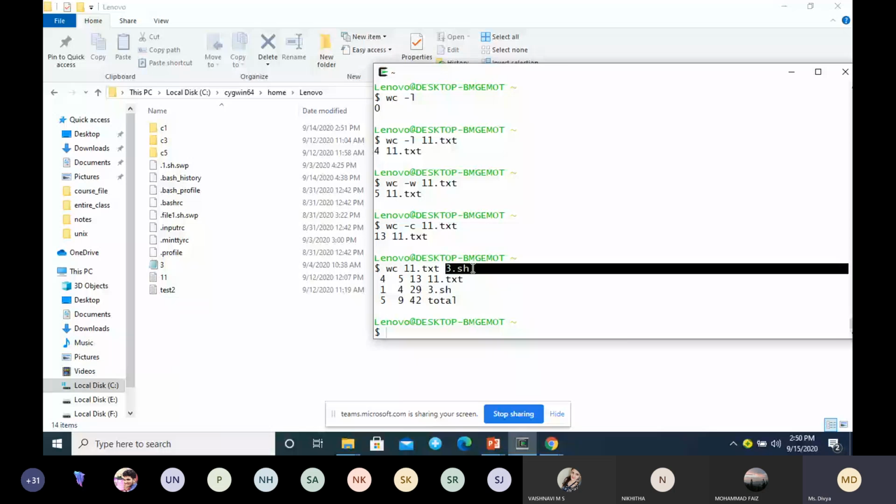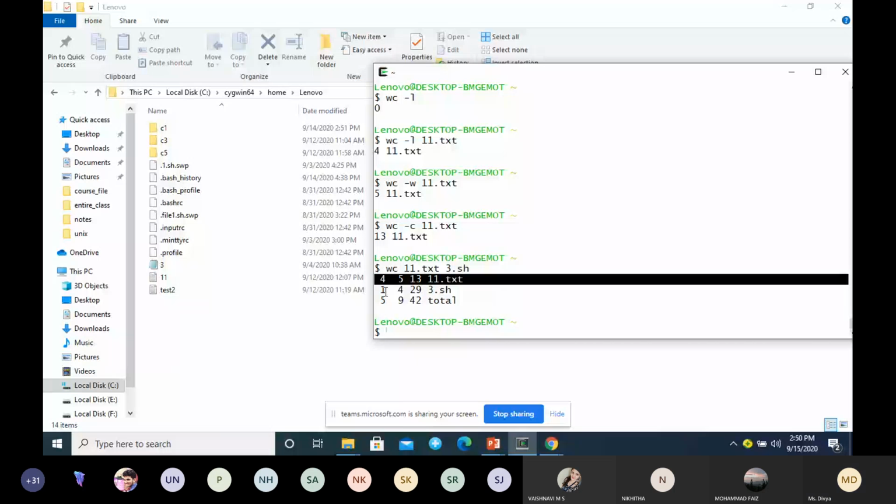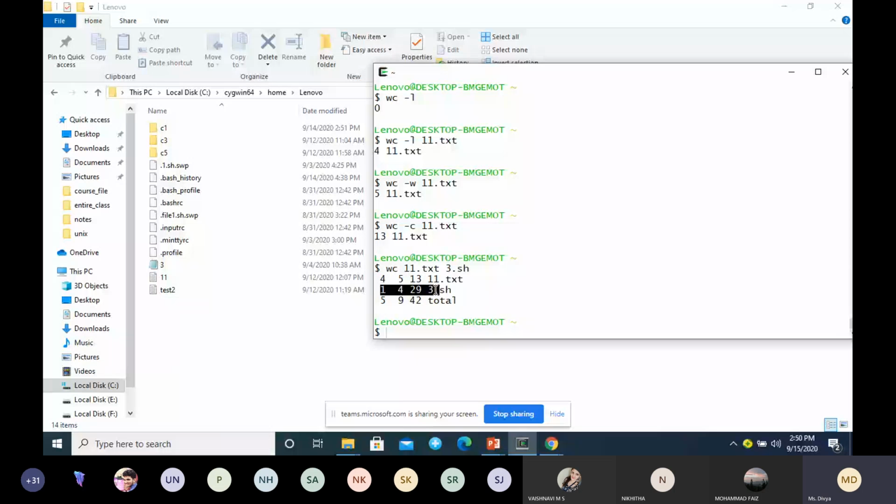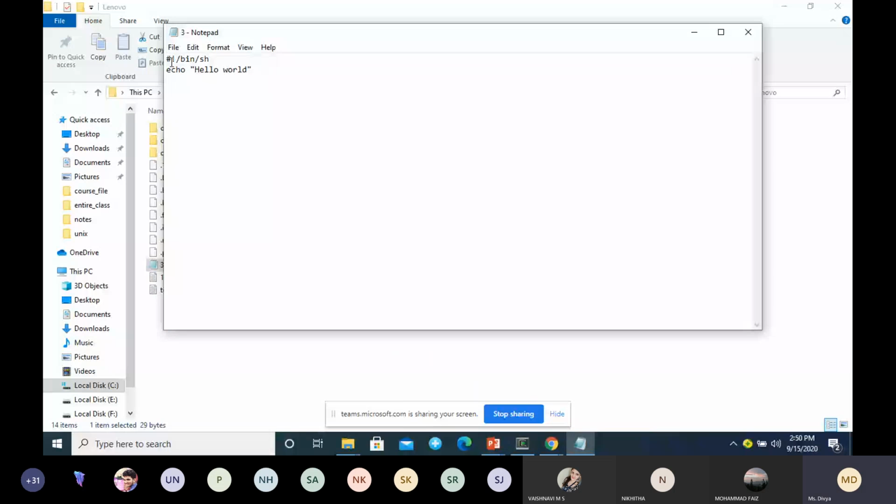Here it is printing the count of lines, count of words and count of characters for the first file. This is the number of lines; 1 means it is 0, 1, since the count starts from 0.